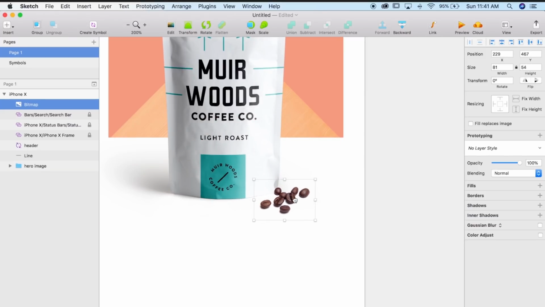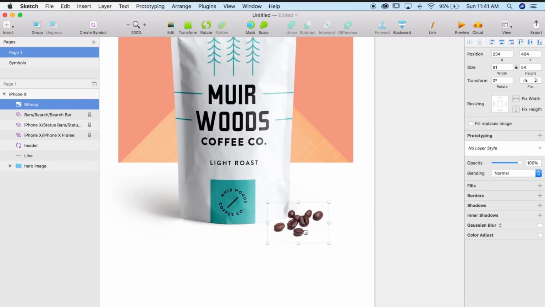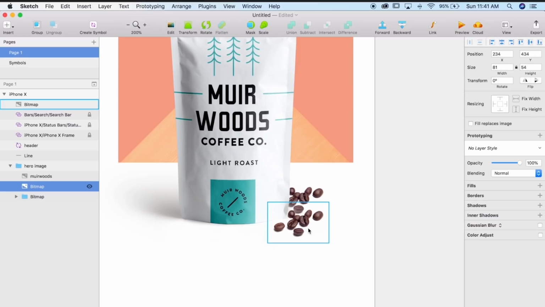That looks good. And I'm just gonna place it somewhere I think it would look all right. Those look like they're kind of in front of it. Here's a little hack. If I copy this and just paste it, I can put one of these beans behind the packaging slightly. It'll even create more depth. You see that? Nobody's gonna know that these are the same beans. I mean, maybe somebody would, but chances are nobody would really notice.